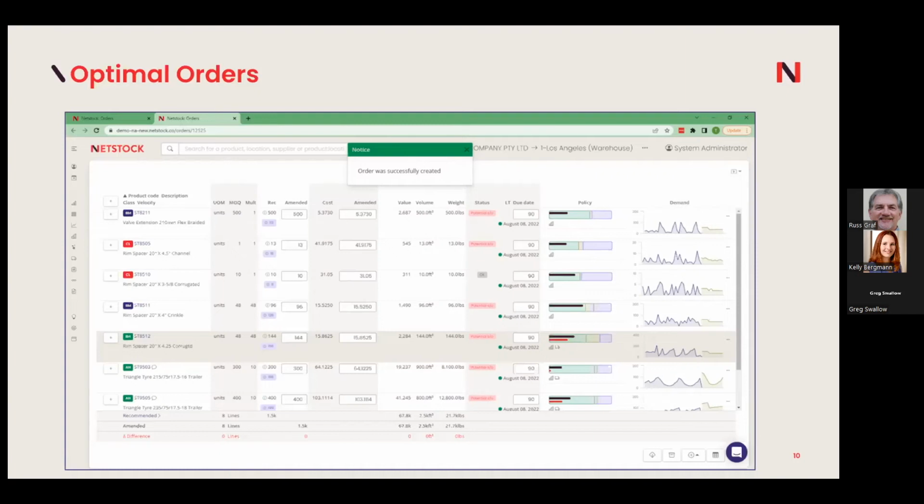We give you the visibility of a really great interface to be able to very quickly, literally in a matter of minutes, create an optimal purchase order that for many customers has been a life changer. So now they can get on with their other important work, right? Let's get this done, create the information here with all the good supporting information, click a button, go create the PO automatically for me in my ERP, and I move on to the next one and let the ERP do what it does, in terms of workflows and so forth,